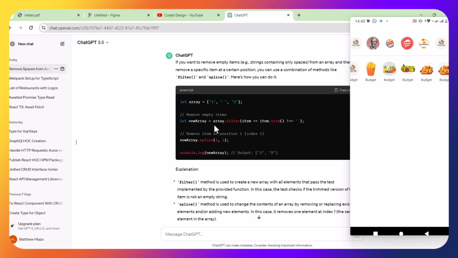let array = array.filter(item => item.trim()). This is what we're looking for, but let's see, I hope there is a space here, not these single quotes, but there's a space here. Remove the empty items, that's fine, guys, this is what we're looking for. And then remove items at position 1,